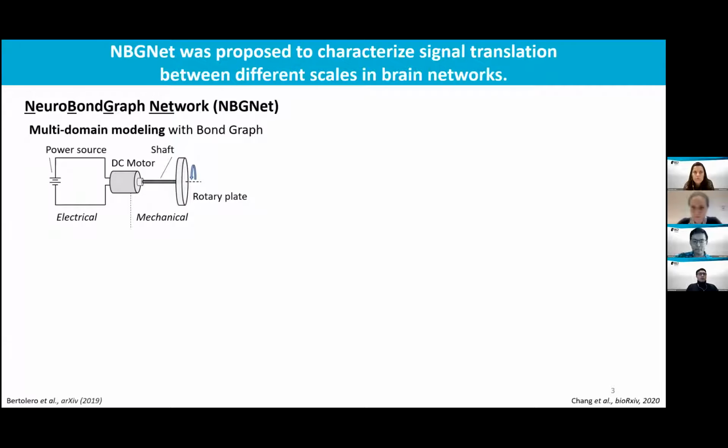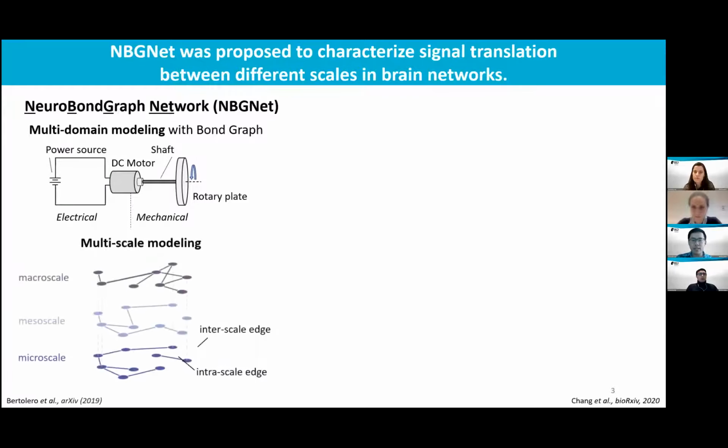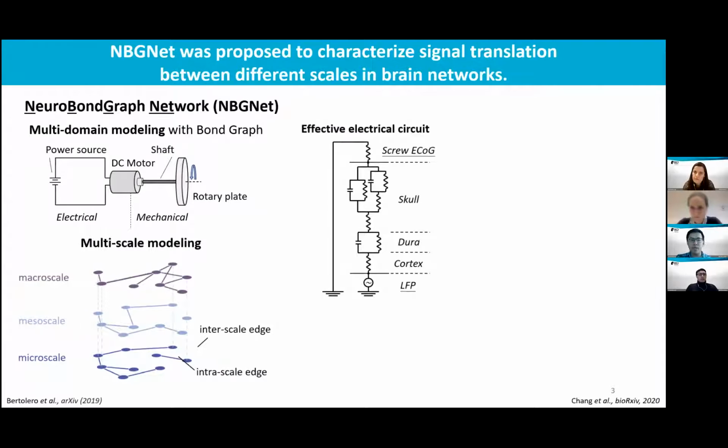For example, the DC motor converts electrical energy into mechanical energy to rotate the plate. And bond graph can model this physical system easily. And you can imagine that multi-scale is kind of equivalent to multi-domain, where different activities in different scales represent different energy domains. So the workflow of the NBGNet is, first, I will construct an effective electrical circuit between